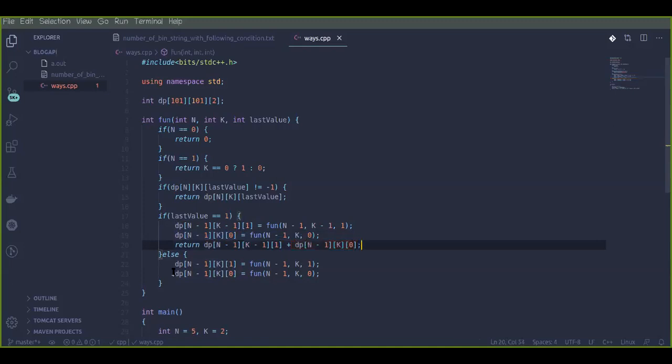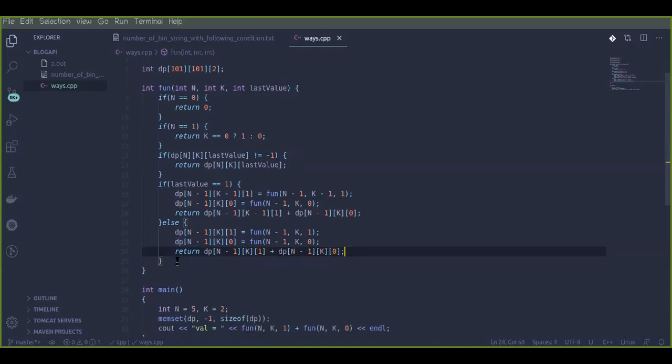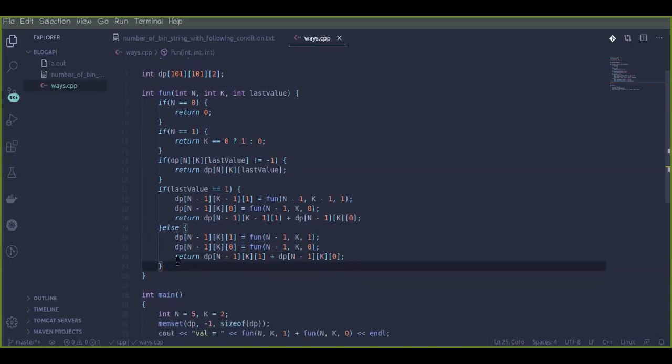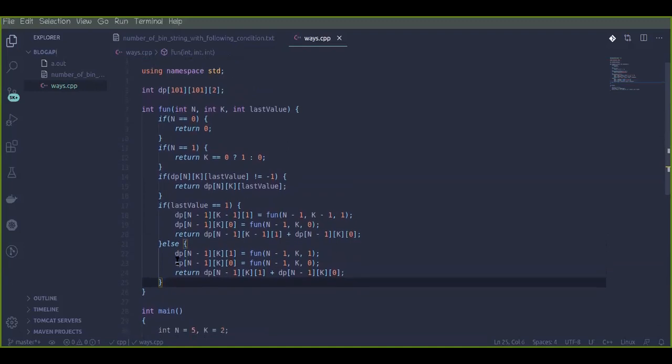So right here also we just need to sum up these two values that we have found so far, and return them. So yes, this is the solution basically, and it should work.